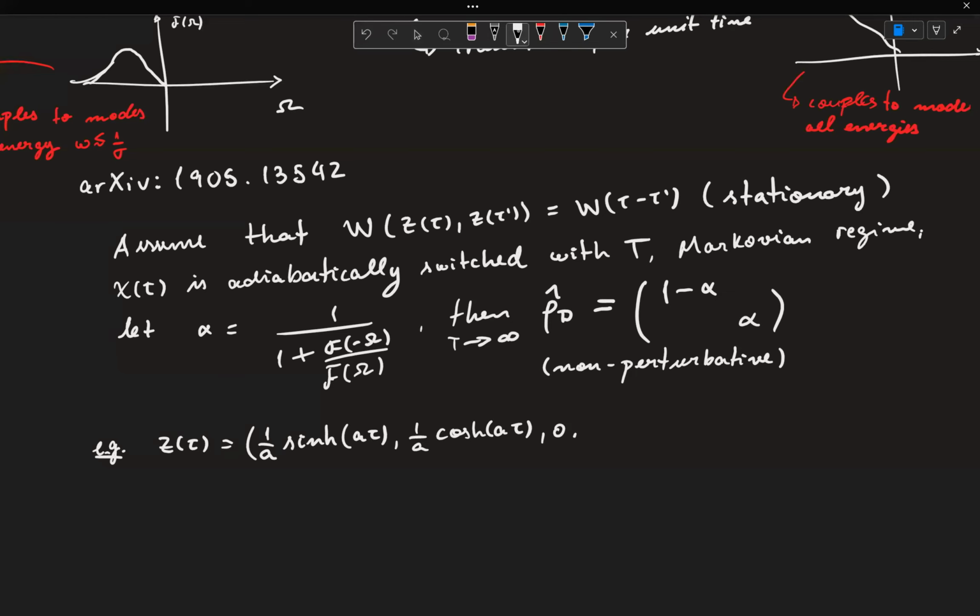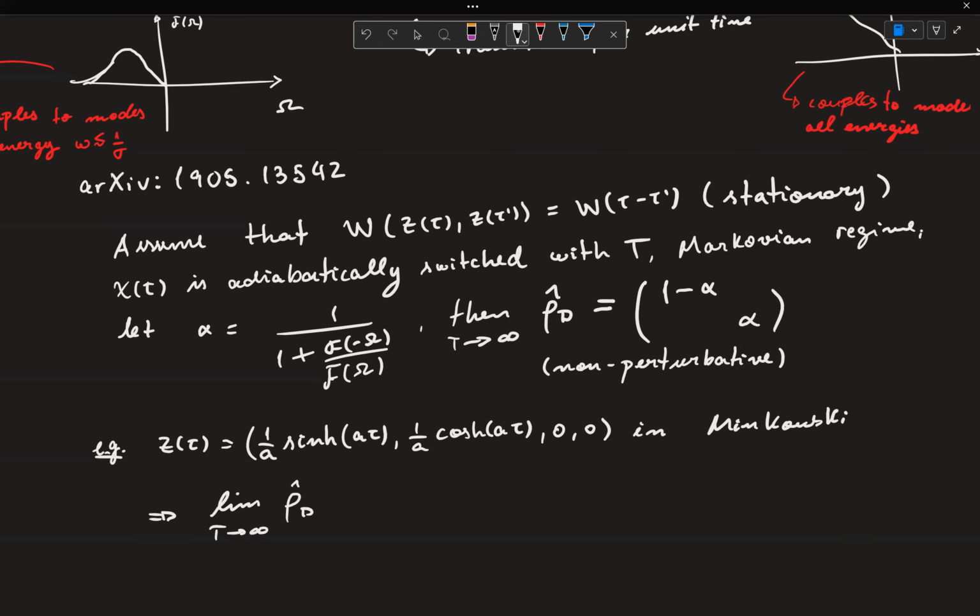The rest here doesn't matter, I'm going to just set it to 0. So in Minkowski, if you do this, you actually find that the limit as the adiabatic parameter for the interaction goes to infinity,